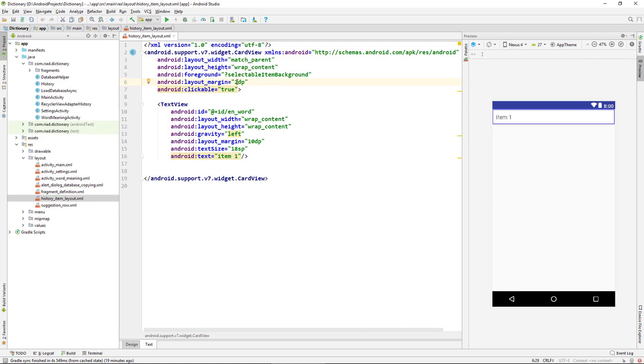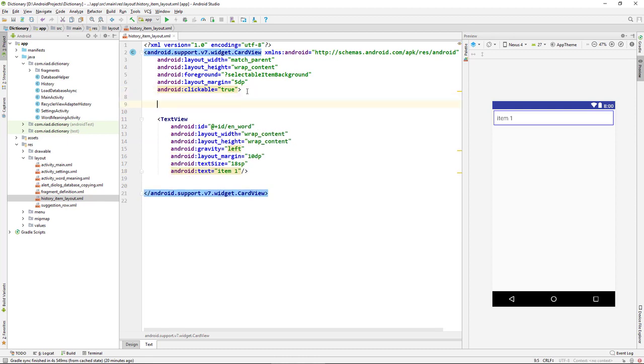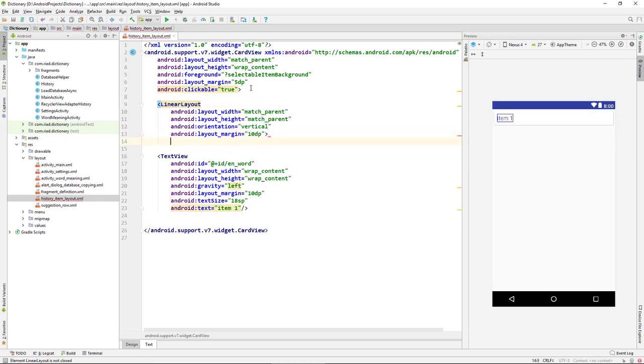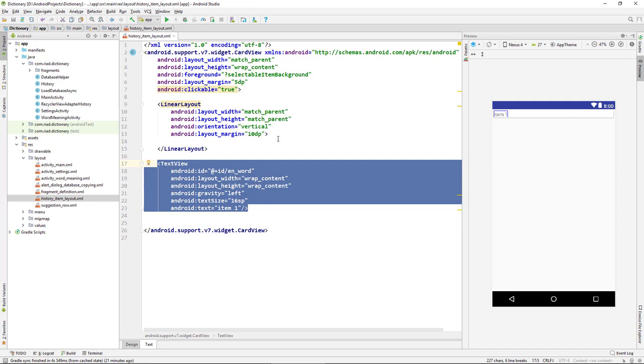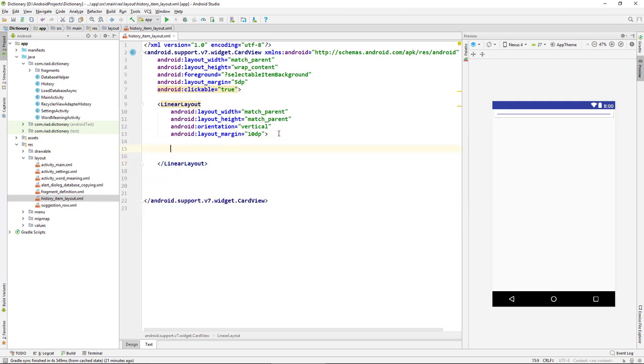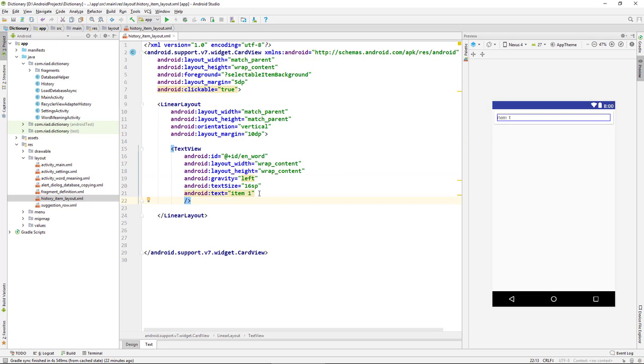Let's make this margin from 2 to 5 dp. Now let's add a vertical linear layout, with layout width match parent, layout height match parent, layout margin 10 dp. Now let's remove the margin from this text view and change the text size from 18 to 16 sp. Now let's move this text view inside the linear layout and add a text style